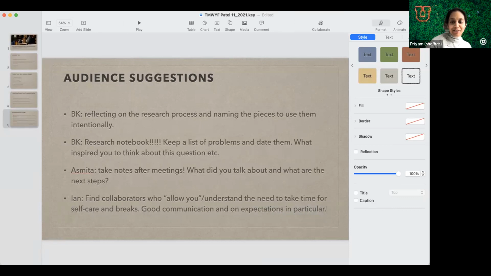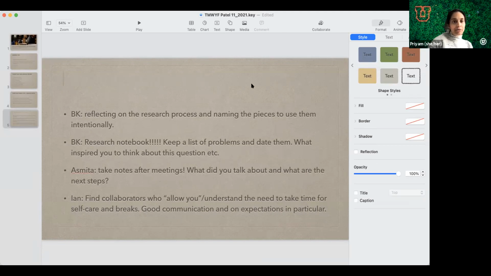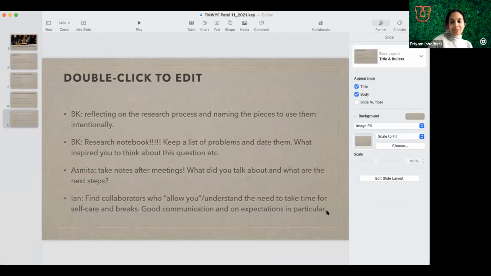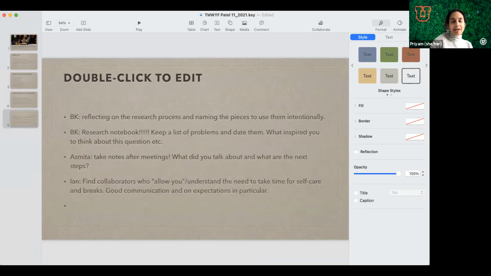Oh, I thought of one too, which sounds funny because I didn't think of this when I was writing this. But I think something else that's time consuming, but I don't know what I'm doing to the slide. So I'll fix this up after. Okay, there we go. Something that's time consuming, but I have found to be extremely generative of good ideas and framing is writing grants, right? So writing grants or proposals or anything, even if it's just small things. I don't necessarily mean an NSF grant,